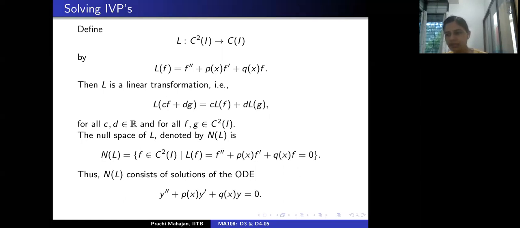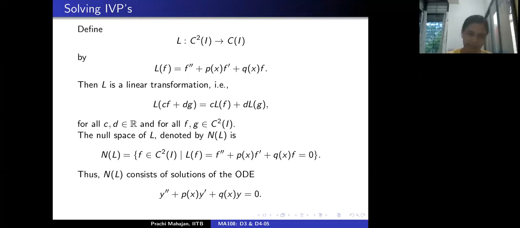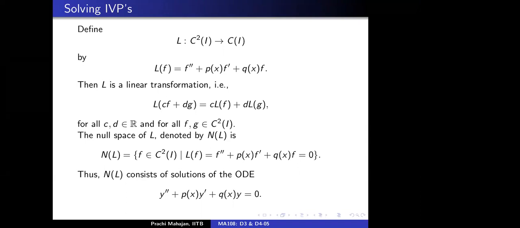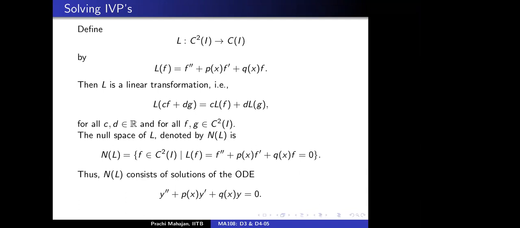So we introduced a differential operator, and we also saw how it is linked to what we are discussing as of now. So this actually gives you solutions of a second order linear ordinary differential equation which is homogeneous. All of this is under the assumption that P and Q are continuous on a certain interval. Correct? Ma'am, does that mean that the null space will not include all the solutions?